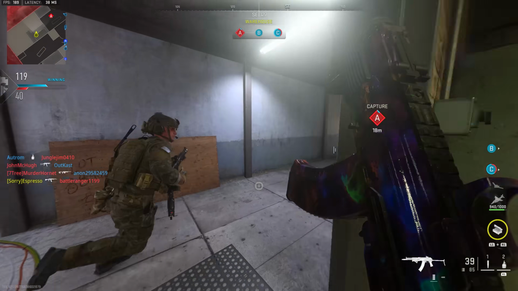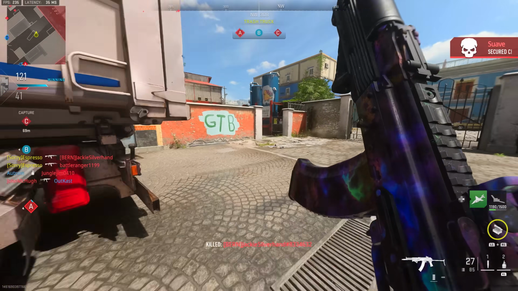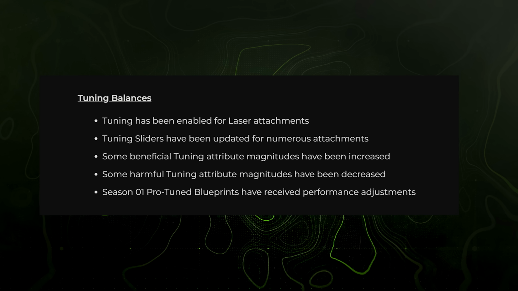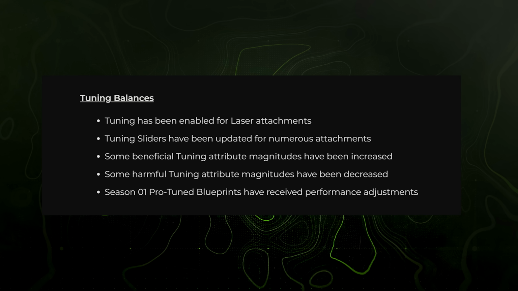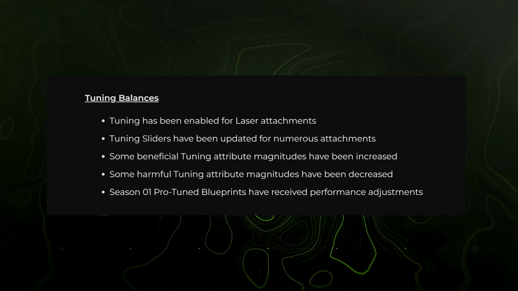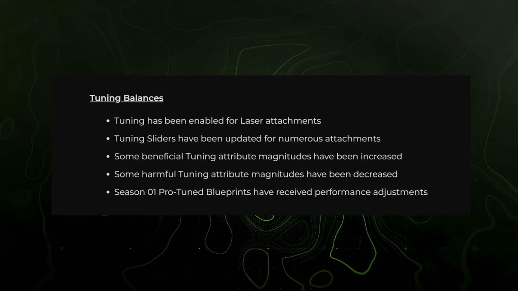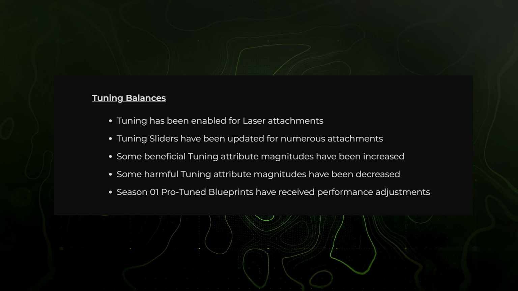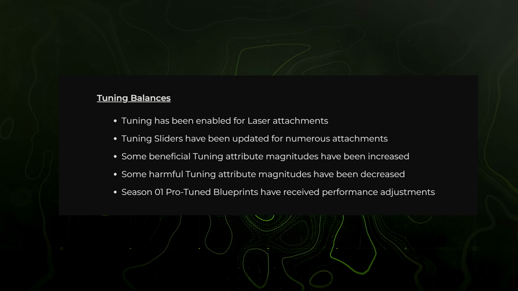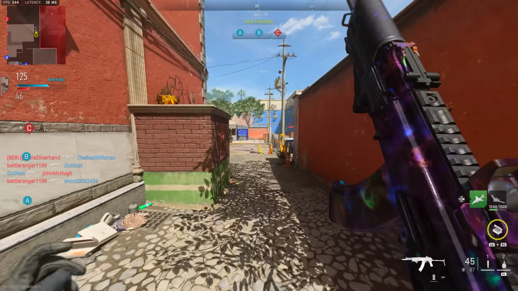But they completed this discussion by saying the results of the adjustments will generally be felt as increases in the overall impact of attachments, but with the effects of attachment tuning becoming more significant, in which they detail that they've changed tuning in particular for the ability to enable tuning for laser attachments now. Tuning sliders have been updated for numerous attachments. Some beneficial tuning attribute magnitudes have been increased, while harmful tuning attribute magnitudes have been decreased, and the overall Season 1 pro-tuned blueprints that you may have from the Battle Pass, the store, wherever, those have received performance adjustments to reflect the new adjustments. So that said, overall tuning is now a little bit more beneficial, it seems like,